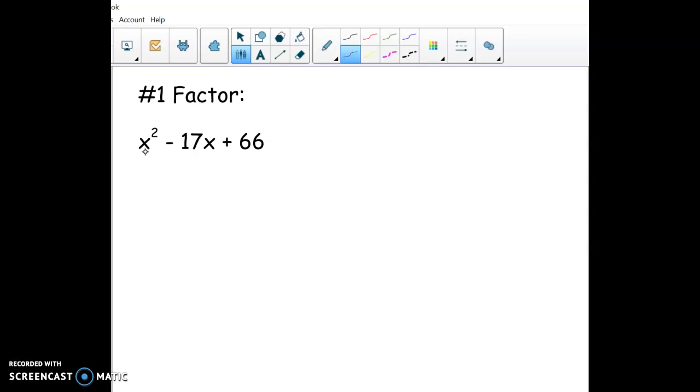Okay, so this is the one where we've got 3 terms starting with x squared. So we're going to make a couple little binomials, use x and x here. And then they got to multiply up to 66 and add up to negative 17. All right, so in that case, it must be negative and negative because that'll multiply to positive 66 and add up to negative 17. So I would just make a list like 1 and 66 and then use my calculator